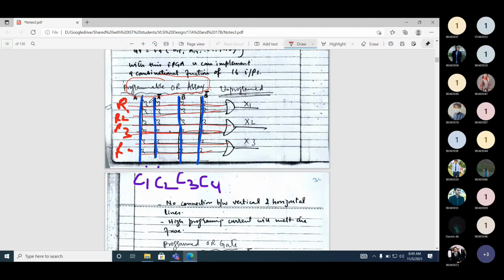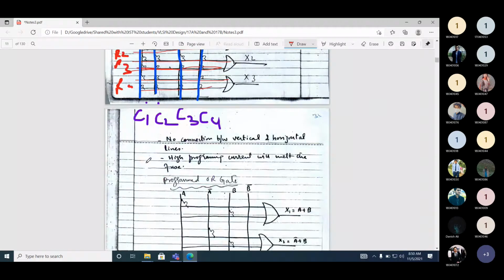So if you look here, there is a switch. Can you see this switch? Yes, sir. So this is a switch between column 1 and row 1. When this switch is retained, this column and row will be connected. If this switch is blown out, they will not be connected. So there are two possibilities. Either the switch will be retained or the switch will be blown up.